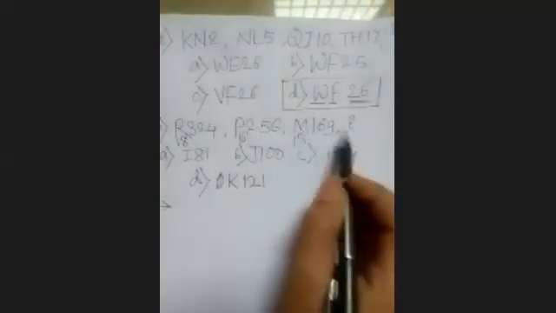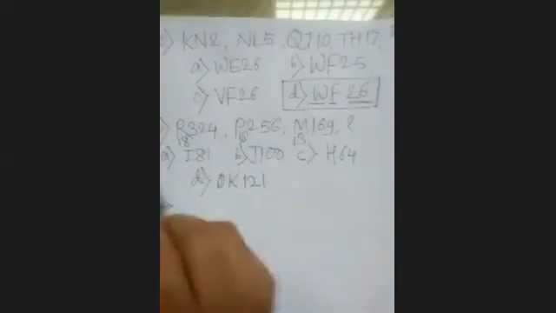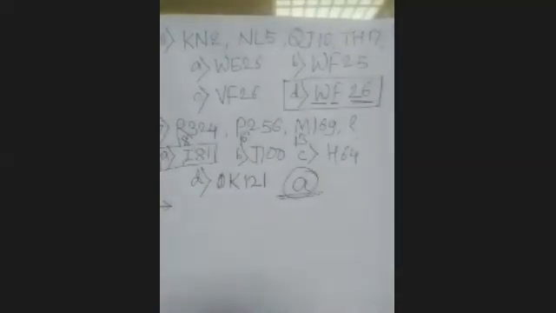Now you have to find out who will be the next letter. But for that, what is the relationship between R, P, and M? So R is subtracted by 2, and then P will come. Then P minus 3 will be M, right? And the M minus 4 will be your I, and therefore your option A is the answer. I hope everyone is getting this.